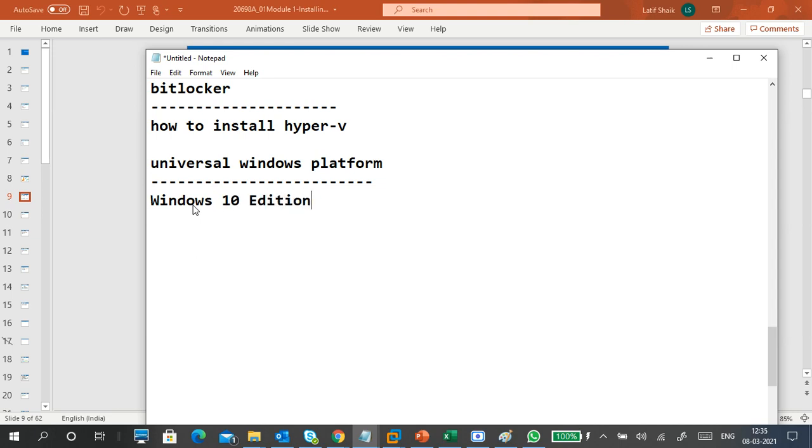Unlike Windows 7 and XP, where there were a lot of editions, from Windows 8 onwards the editions are almost removed. So the first Windows 10 edition is Windows 10 Home. Anyone can buy this one and use Windows 10 Home. It is available in the market. The purpose is for home use only, not for professional purpose, and a few features won't be there in Home. Next is Windows 10